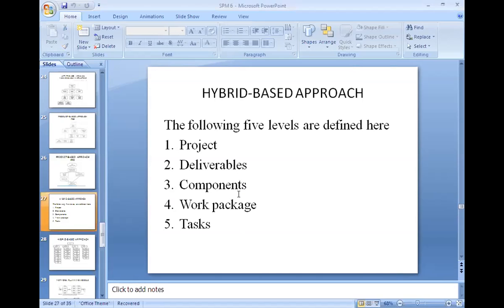That is project, deliverables, components, work phases, and tasks.